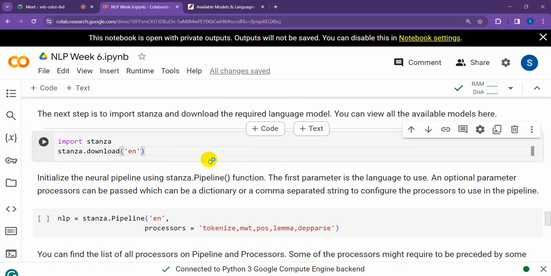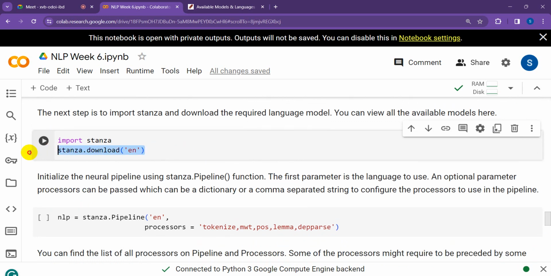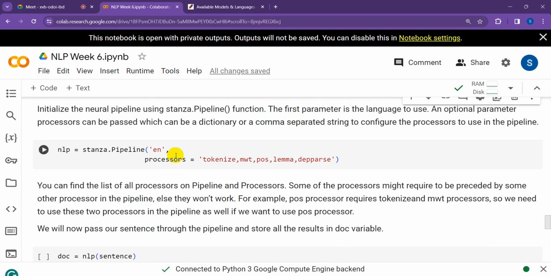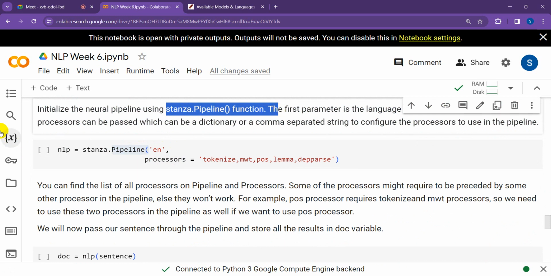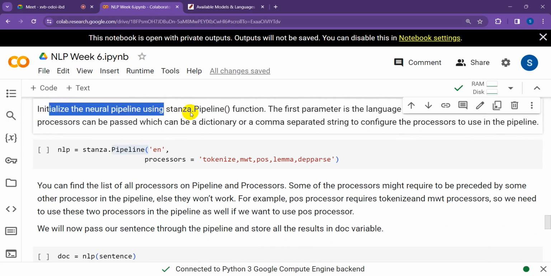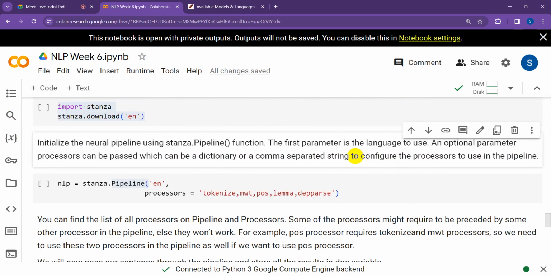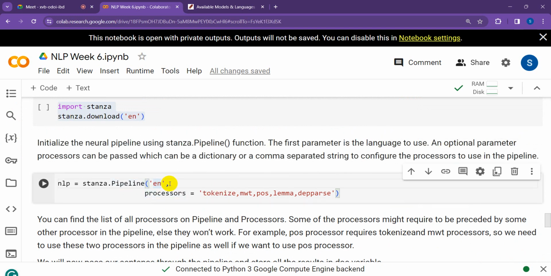So moving ahead, I am still analyzing it for English only. What we have done is, we have downloaded from Stanza the English language model. And we are using this pipeline function. What does it say? It will help us to initialize the pipeline. Here the first parameter is the language that I want to use. So say I want to use Hindi here, what I can write is,